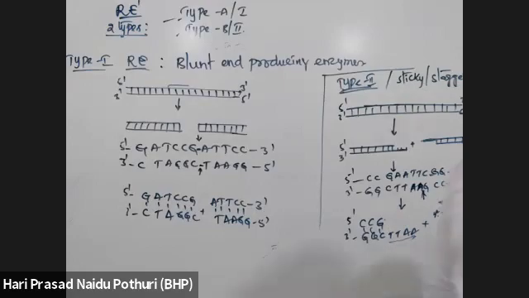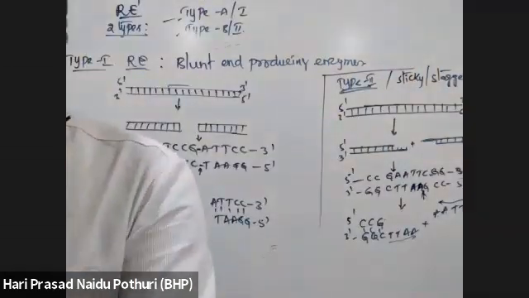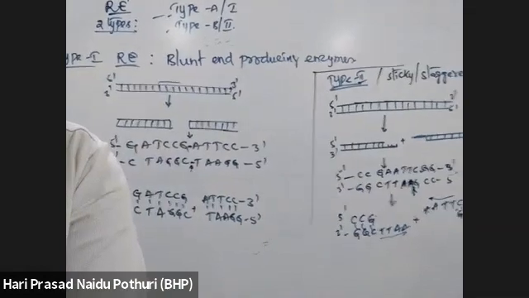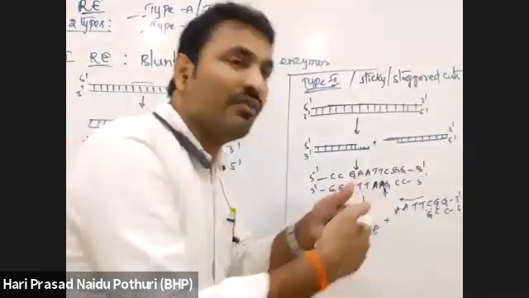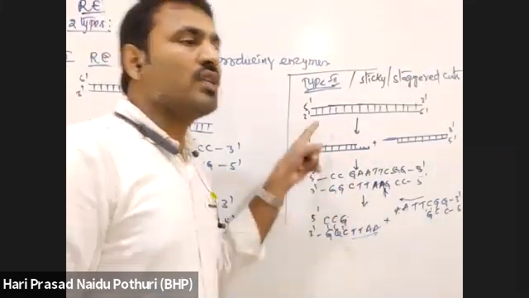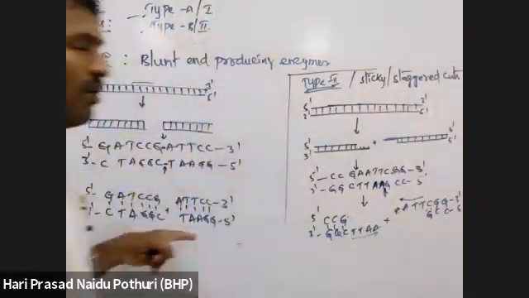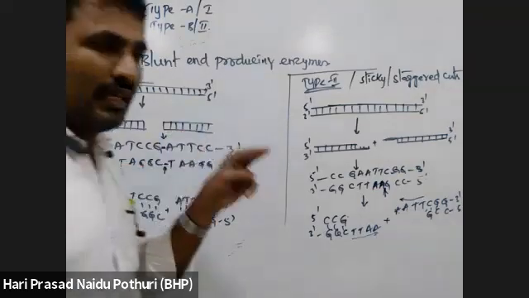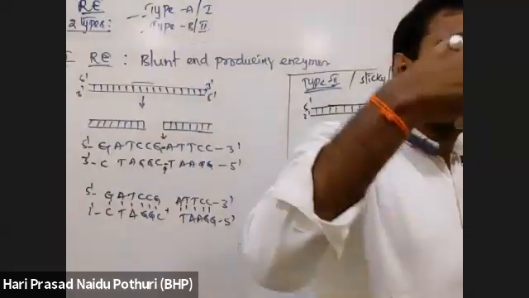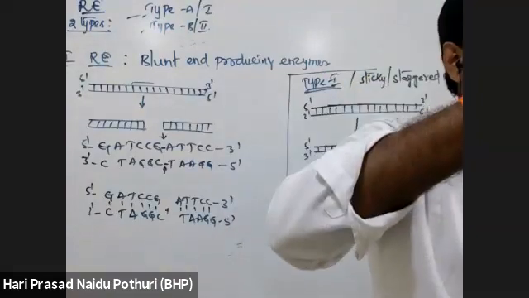So restriction fragments are made which have the same ends. As identical ends are made, those ends can be joined very easily. So which enzymes are helpful in recombinant DNA technology? Type 1 restriction enzymes are not useful, type 2 restriction enzymes are useful, because whenever we construct an rDNA molecule, we have to cut two DNA molecules and ligate them.